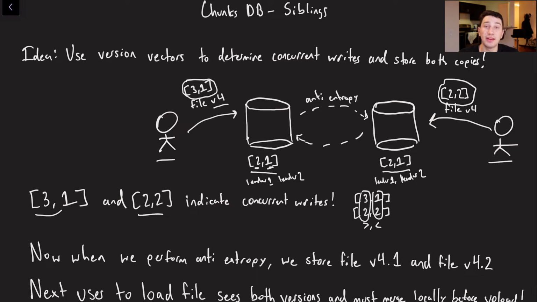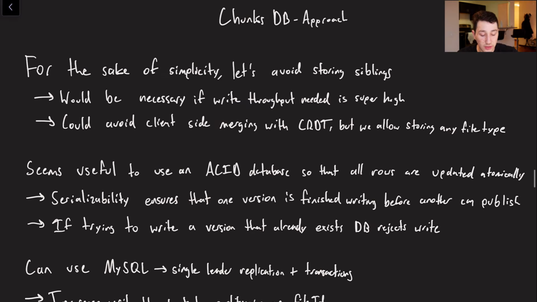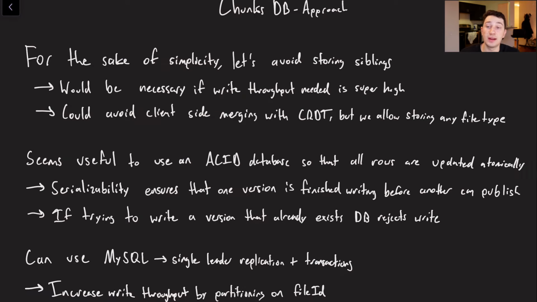As opposed to just storing the files as v4, we can actually store them as v4.1, meaning this one came from leader 1, and v4.2, meaning this one came from leader 2. And so again, next time that a user goes and loads that file, they're going to have to merge it locally. Now, I think this does add a little bit of extra complication to our system that, frankly, we don't